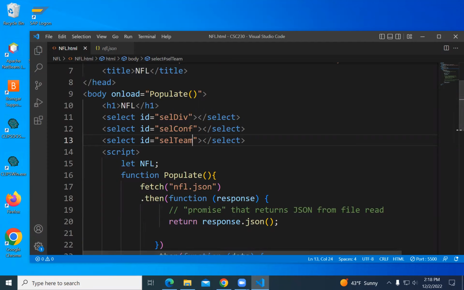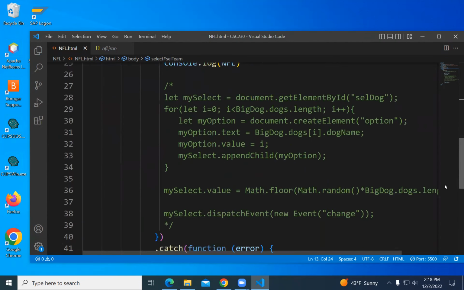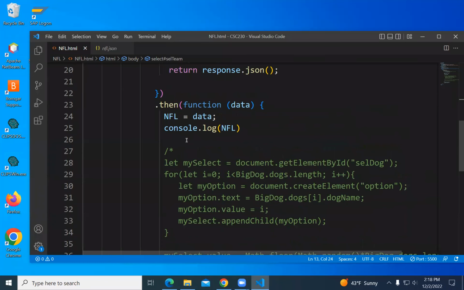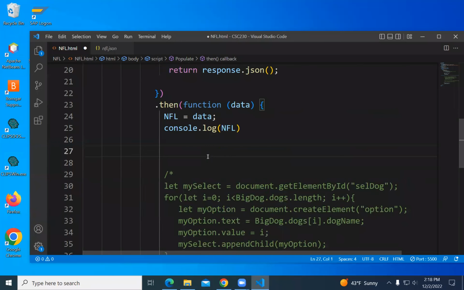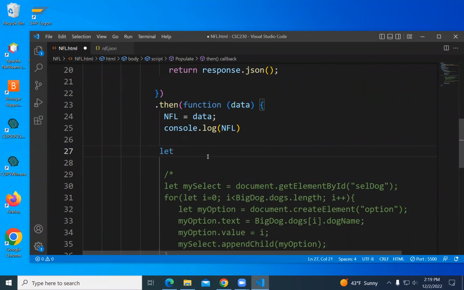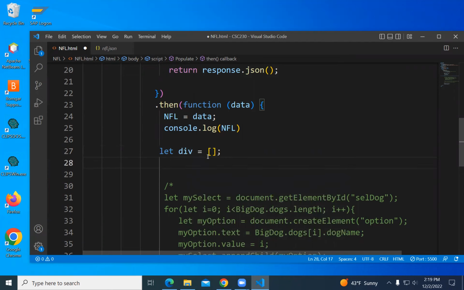Okay, so I'm going to loop through the data and pull out the divisions. So that goes here, when I have the data. I want to find the divisions, find the conferences. So I'll say let div equal an array, not dev, but div. That's going to be an array of distinct divisions.